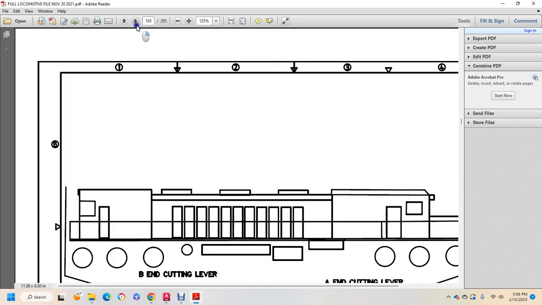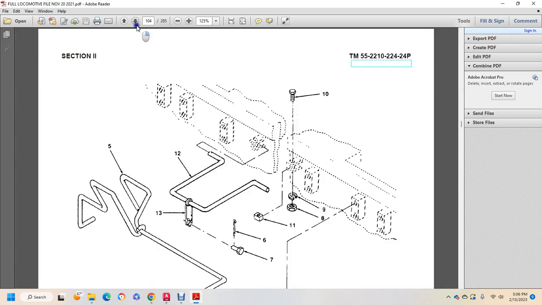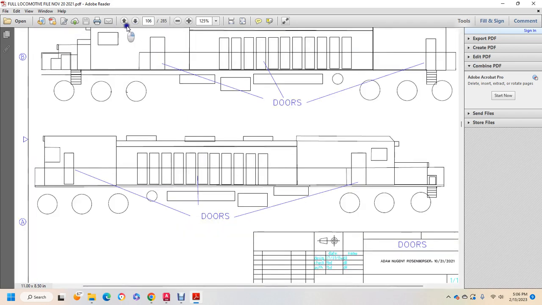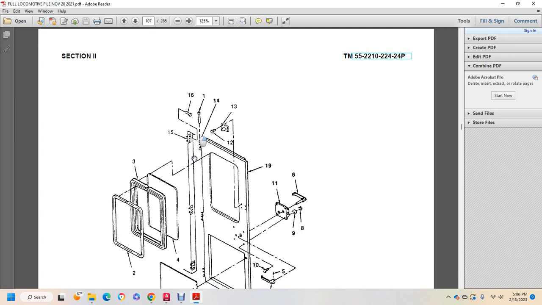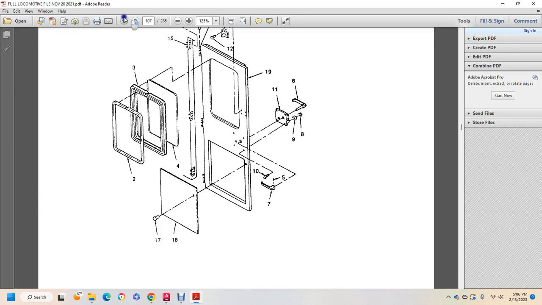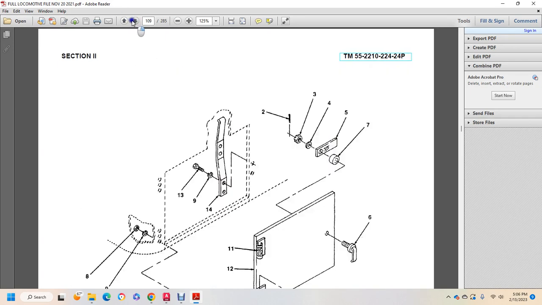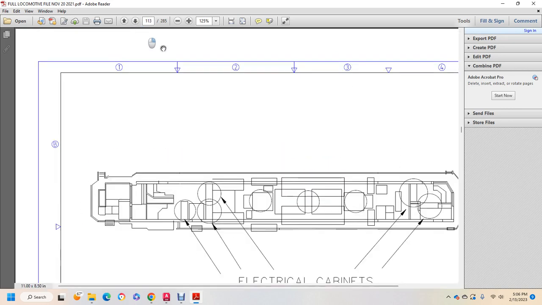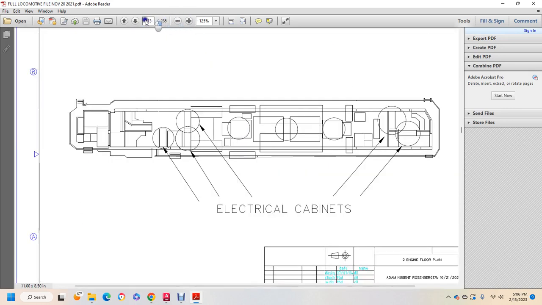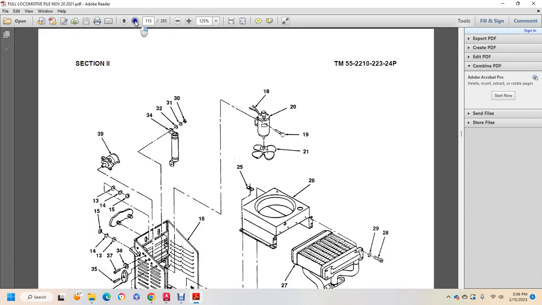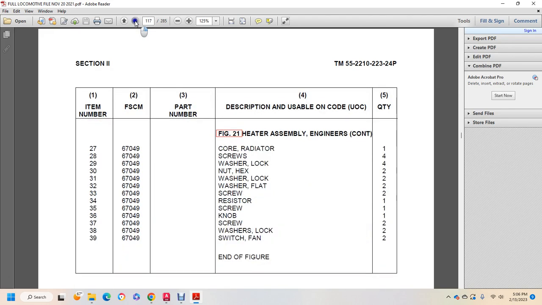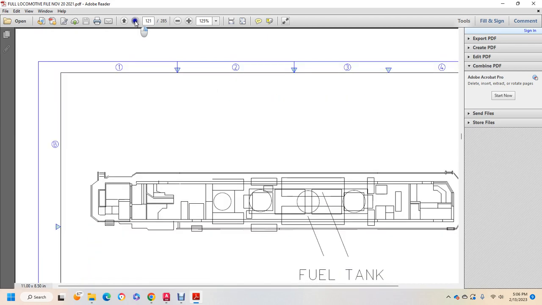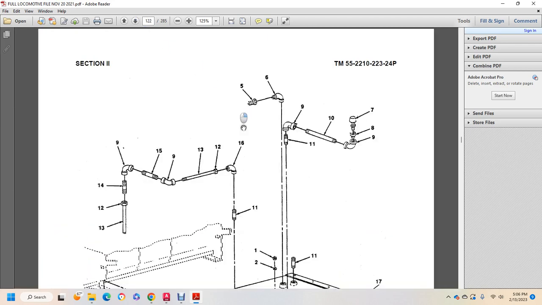And it's NSN group number, cutting and covering letter. Alright, you have your doors. There's supposed to be two to the bathroom, but you can always cut out, like it's a special bathroom. Cabinet doors, door side compartments, electrical cabinets. Engine heater, one, and then we'll go into fireman's heater for the back cab, fuel tanks,